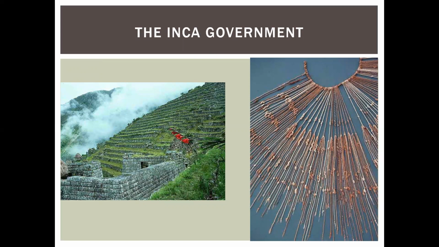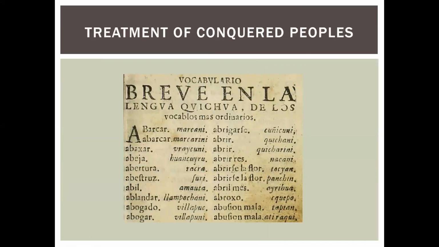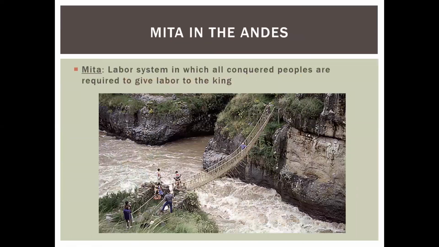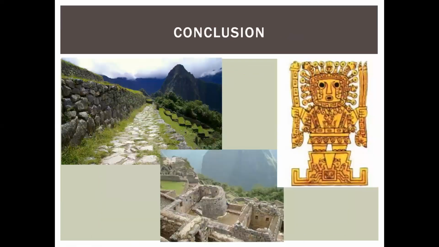The last thing to mention about the Inca is that they established a very unique writing system known as the quipu. This is a writing system that uses knots on strings to record numbers and ideas. Incredibly sophisticated and incredibly unique. I mentioned the mita system already, so it's a labor system, but it would have been used to build things like this bridge, to build the road networks, and that's about it.